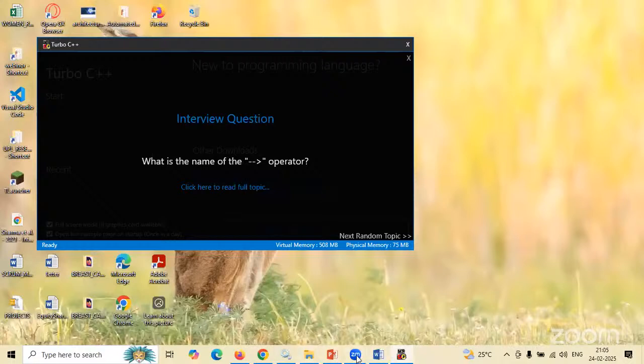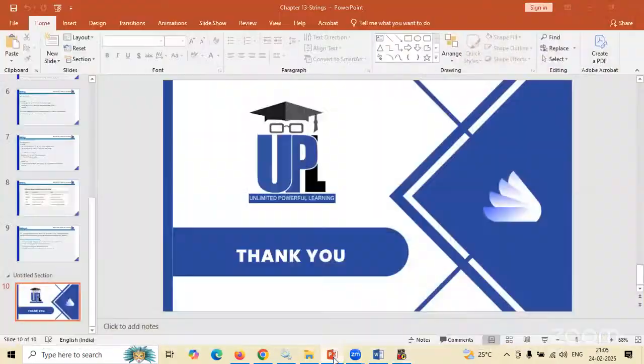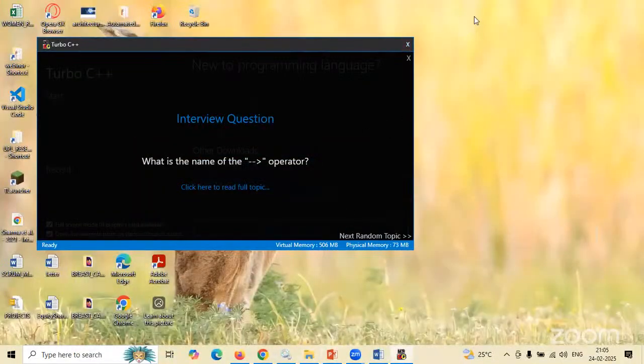Tomorrow we will discuss one more topic, maybe file handling. And once that is done, we will probably discuss the new concept of pointers in C. Okay, so any questions before